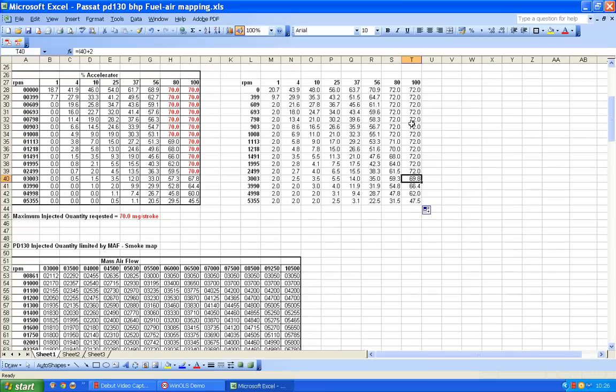Now I don't really want to increase the driver's wish map up at this end at all, because all I'm really interested in is seeing what will happen if I have a slight change. And so I don't really want to go massively above 70, because I already know that 70 is quite a high figure, considering that this file is being limited to 52 anyway by the torque map. So I don't really want to go above 72. So maybe I would say, no, I don't want those like that. So these ones that have gone above 70, well, I don't want plus 2. So I'll just go up there and delete the plus 2